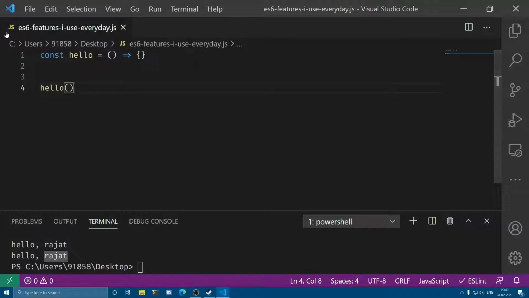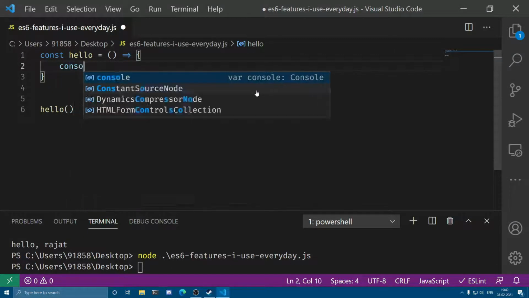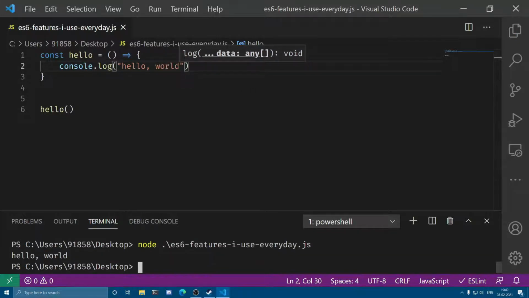So I will demonstrate. If I compile this, nothing will happen, but inside these curly braces I can write my normal function code. So I am going to write hello world again over here. Okay, and I'm going to compile it, and hello world is going to be produced to the console.